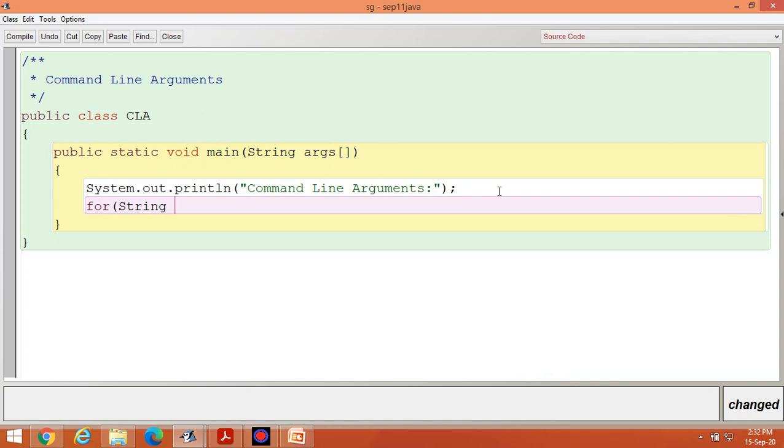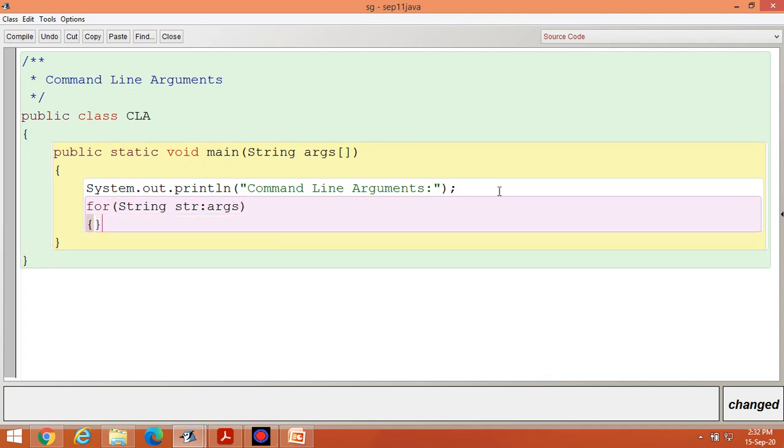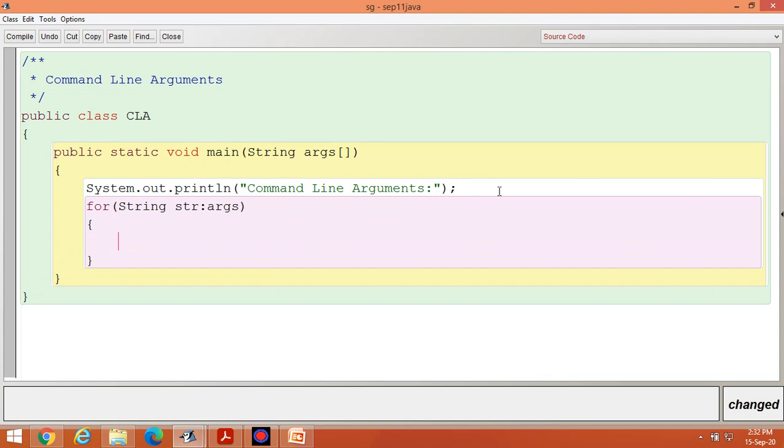String is the data type, str is the variable. You can print the arguments. Inside, you can write arguments str, because str is a variable like this.